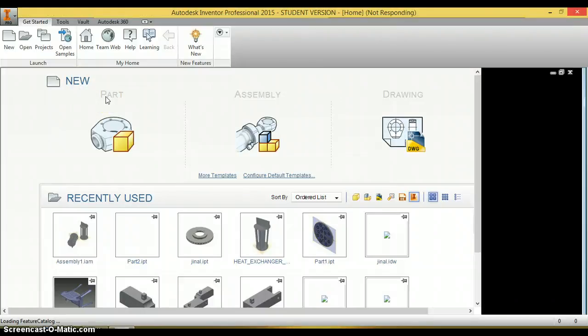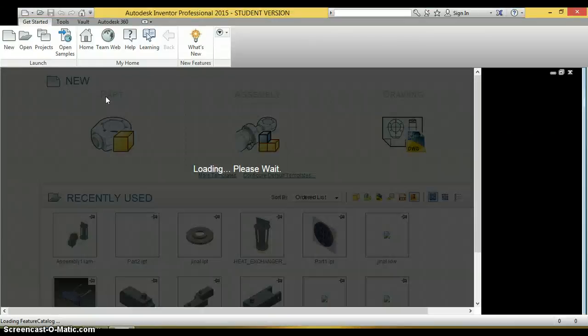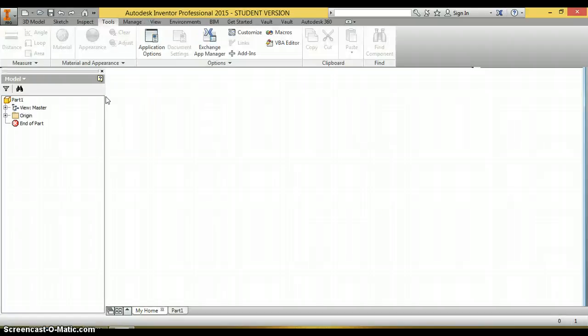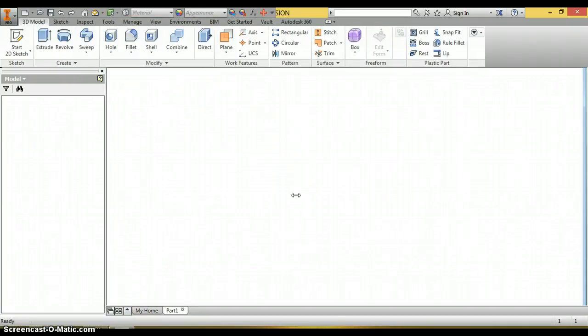We will enter the sketch module of the Autodesk Inventor. We will see the important menus of the main window of Inventor. It is taking some time because it is a very heavy graphics software, so loading of the software will take some time. Here you can see the main window of Autodesk Inventor.